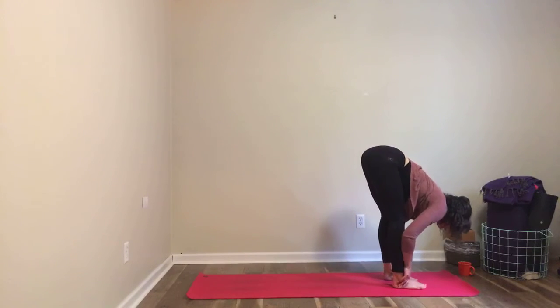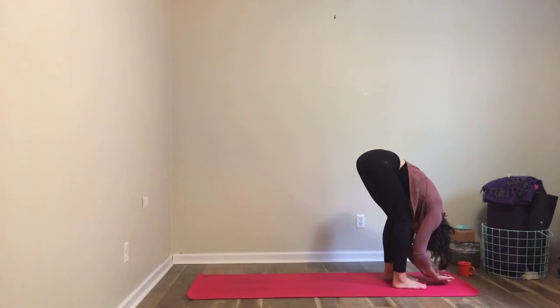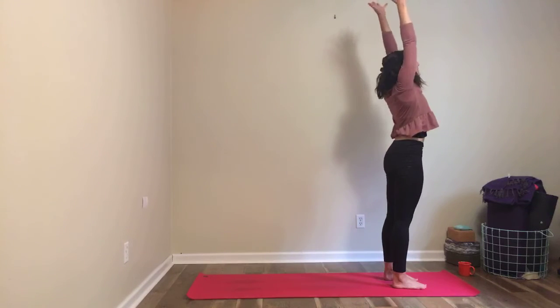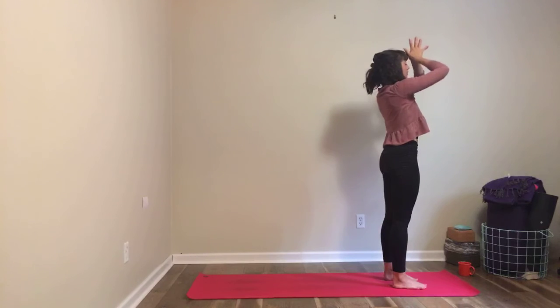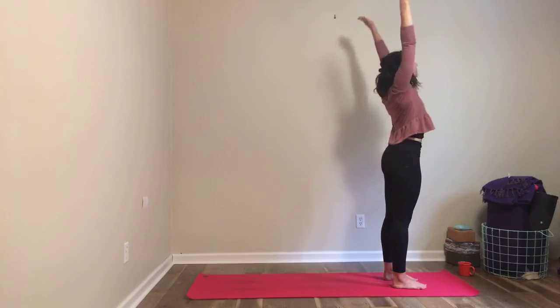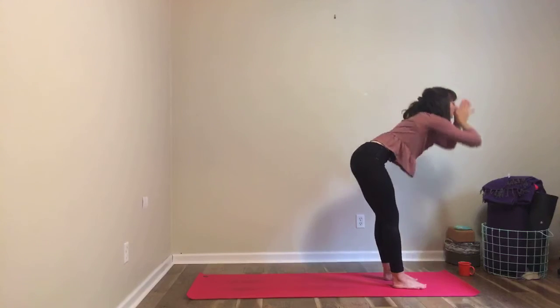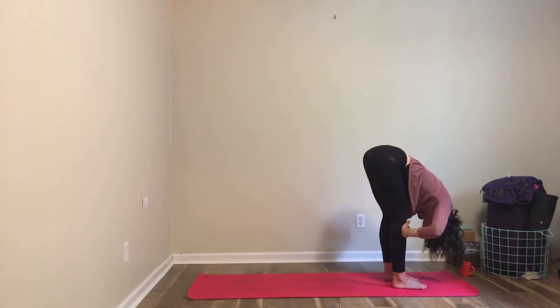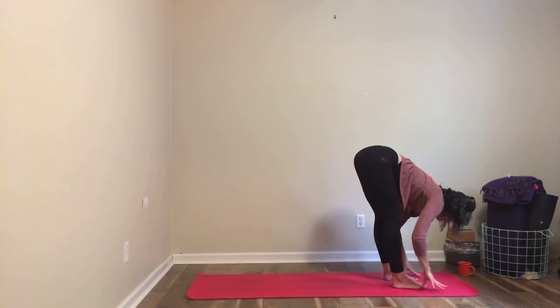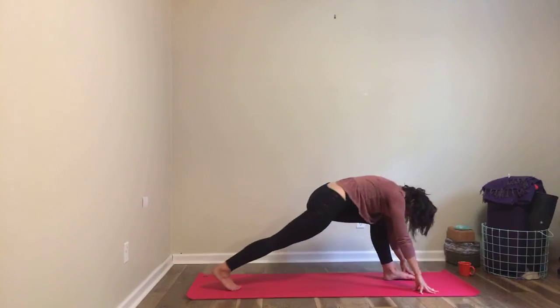Exhale to side. As you inhale, weight to the heels, roll all the way up. Exhale, hands come in front of your heart. Inhale, arms overhead. Exhale to fold. Inhale, halfway lift. As you exhale, plant your hands down, step your right foot back, walk your fingertips back to